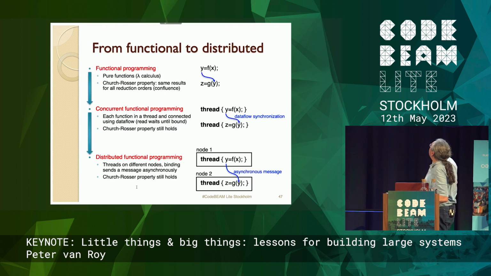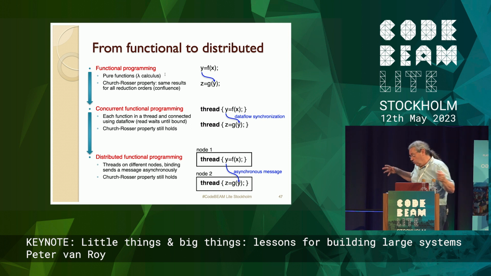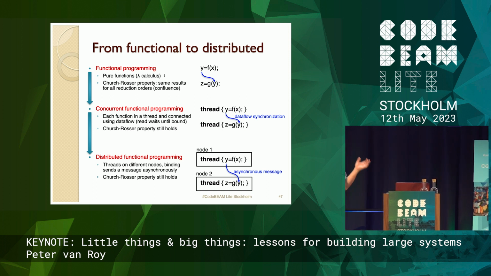And here's the simplest way I can find to explain that. So here on the top, you have a functional, pure lambda program. So it could be Haskell or even a functional subset of Erlang. It could even be a concurrent subset of Erlang as long as it's deterministic. And you have this really amazing property, Church-Rosser. No matter what reduction order you do, the result is the same. So here's an example. y is f of x, z is g of y. So the y output of f goes in as an argument to g. Fine, okay, f and g are functions.